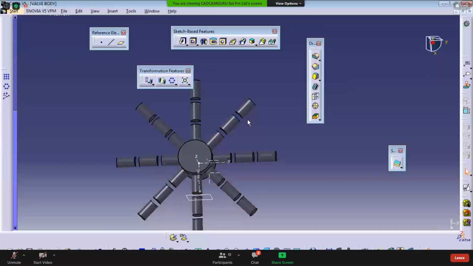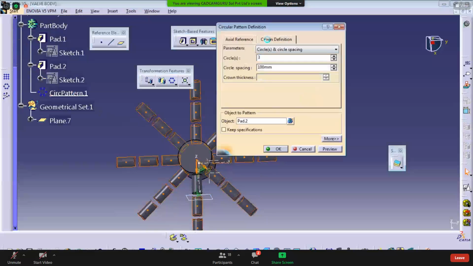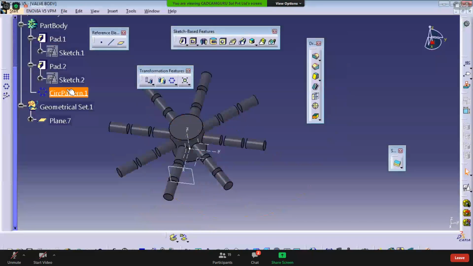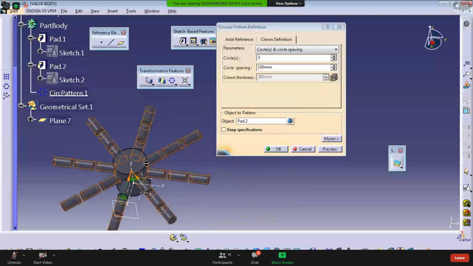This is first circle. Second feature create the second circle. Third feature will create the third pitch circle. Okay, and the distance between each circle is given here. It is 100 mm. Click on OK. So we don't need any out of it. Then what to do? Just click the dot.